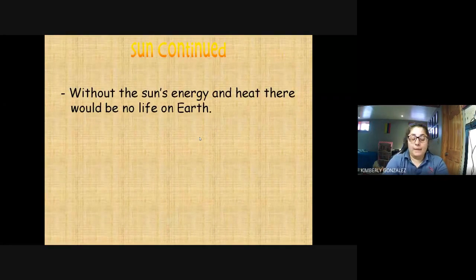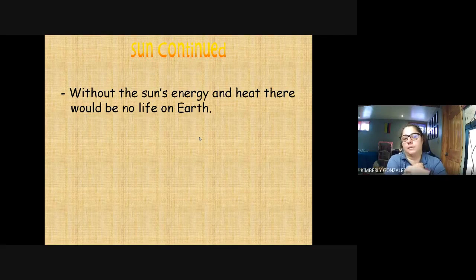All right, the big thing about the sun is it's our only source of energy and heat and light. Without that light and heat and energy source, we would not have light. No plants could survive, right? Because you remember from last year that process of photosynthesis, where the plants have to absorb the sunlight to then have the carbon dioxide be turned into oxygen and have the plants grow more, right? We need the sun as well. We need that vitamin D,